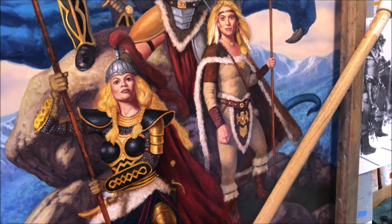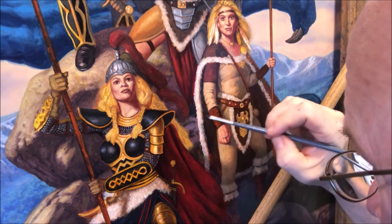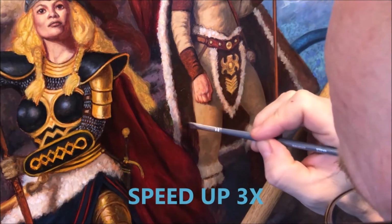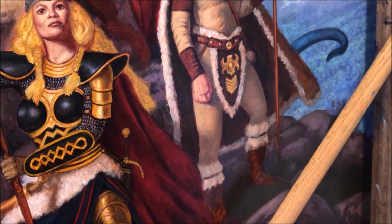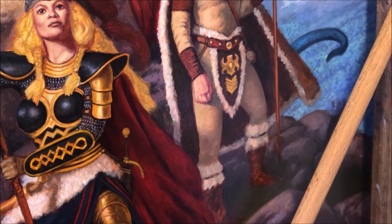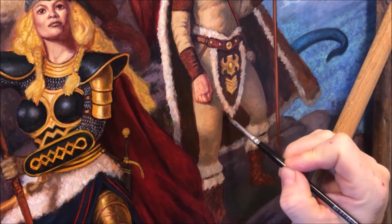Okay, so now, on a piece like this, there's plenty to work on. If you have to wait for one thing to dry, the dragon, for example, we can always move on to other elements. And this is just a matter of basically going around. Now at this point, all of these figures have a lot of detail to them with all the accoutrements and stuff that each of them have. So it's a matter of going around and the pouches and belts and daggers and stuff, getting all that painted